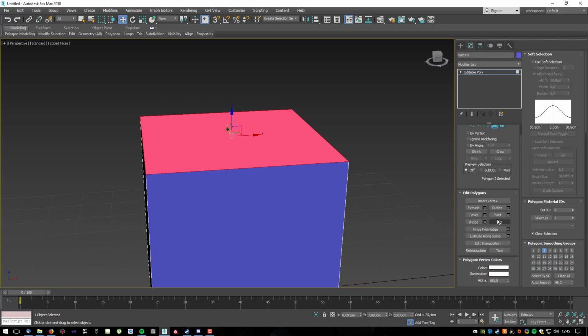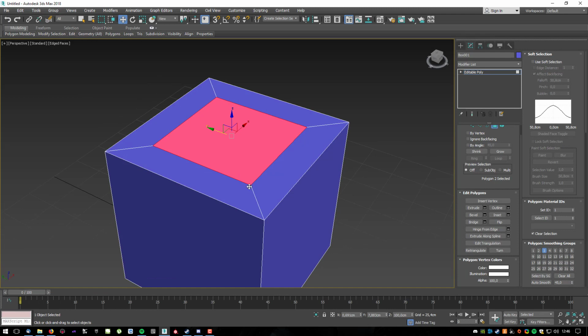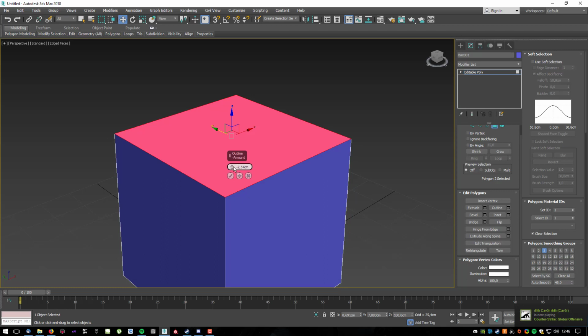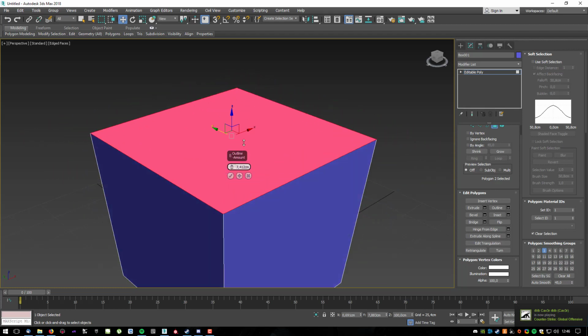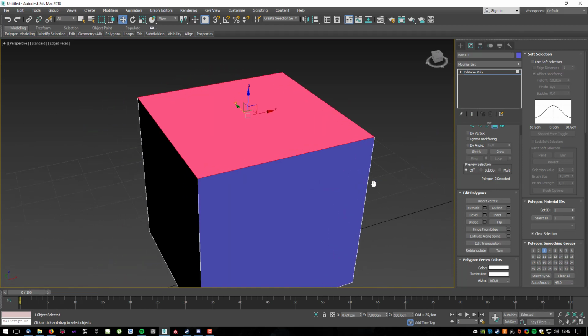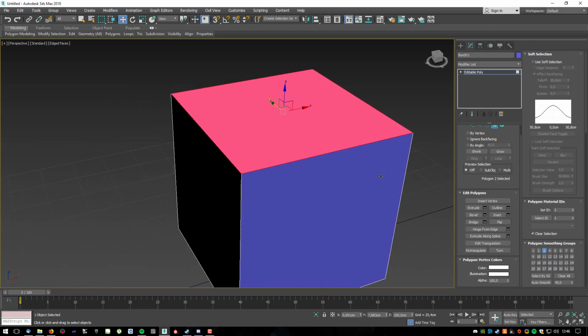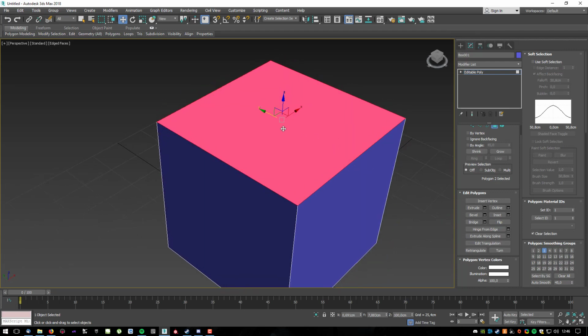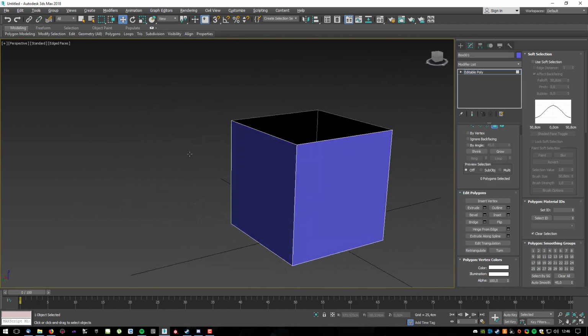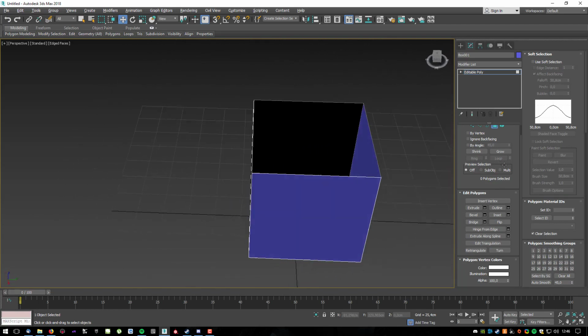Then you have bridge, won't work in this case. Inset, which insets the object without extruding it. And I never used outline that much, but outline basically just changes the scale of it. So let's see what bridge does. So let's delete this face. So now you have a block